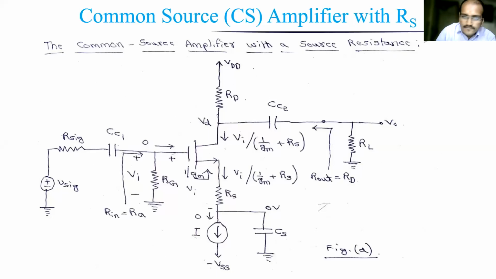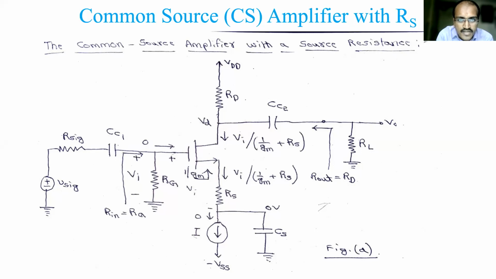Good afternoon, all. In the previous session, we started off with the amplifier circuits. First of all, we discussed the common source amplifier. As in BJT, we have three different MOSFET configurations: common source, common gate, and common drain. In the same way, the common source is the major one used in amplifier circuits.